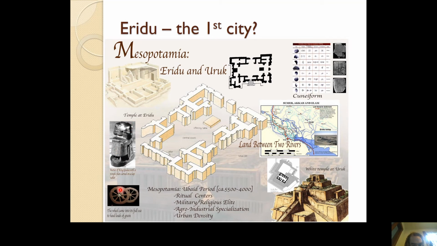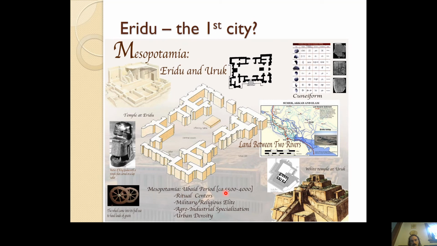The guy's head fell off, but he used to have a head on there. He's got a tablet on his lap, which is a piece of stone they used to carve on to write. Looks like these guys had wheels in this city, so we know that the wheel had been invented by this time. Cuneiform, the very first form of writing, was found in this city. Mesopotamia is the civilization that Eridu was a city in. Mesopotamia means the land between two rivers in Greek.